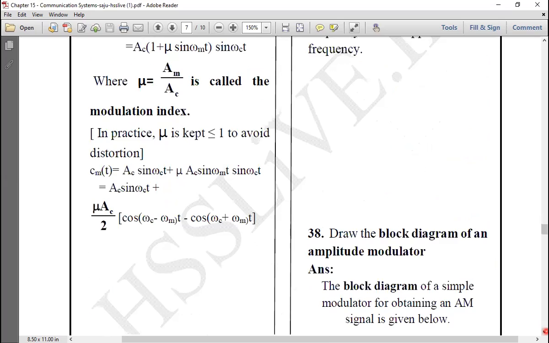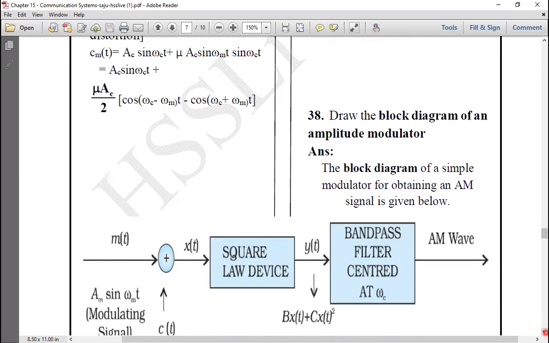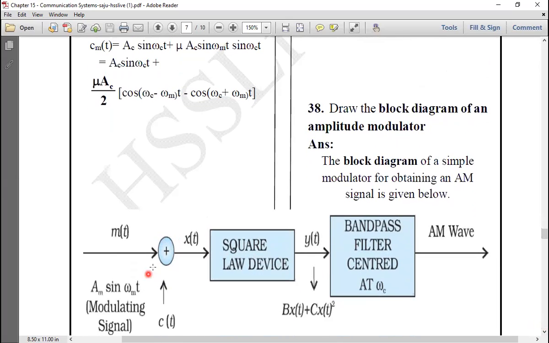Okay. Next one, they are asking you to draw the block diagram of an amplitude modulator. They are asking for the diagram of an amplitude modulator. So see here, like this, modulated wave, square